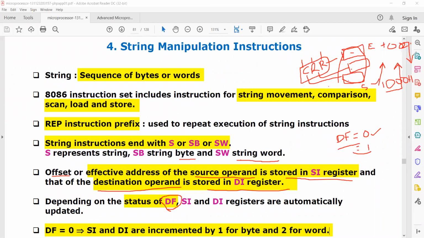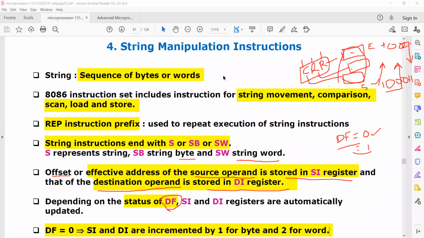That is the auto decrement operation. Some strings need auto incremented operation, some strings need auto decrement operation, and that is decided by the direction flag.